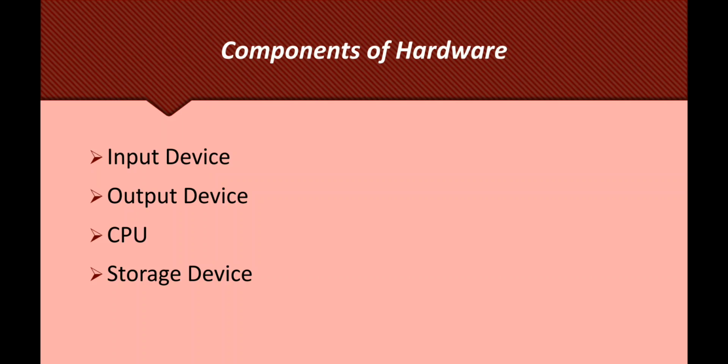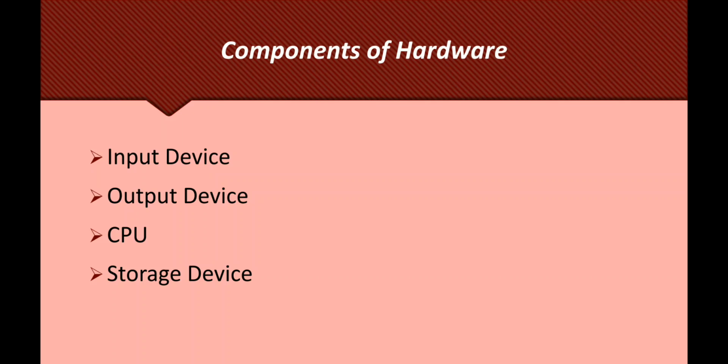Now we have a body, we have the soul also, but if we don't have a brain, a mind, are we capable of doing the task, of performing things? No. Similarly, a computer system must have the CPU, because without the CPU it is like a box, nothing. Your input devices and output devices will not work if it doesn't have the CPU.